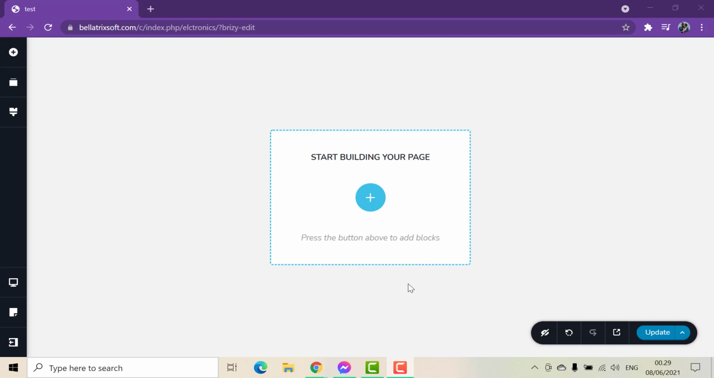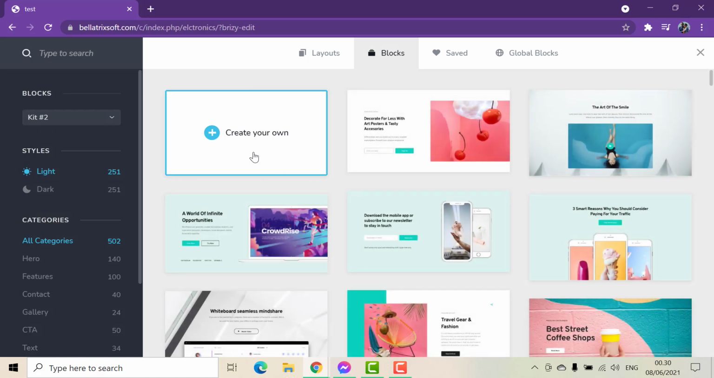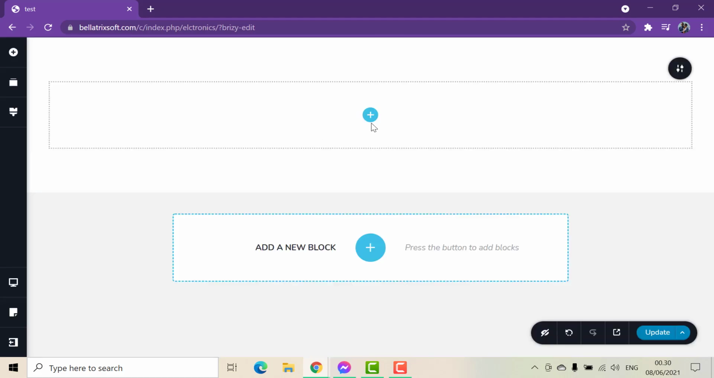Hello everyone, in this video I am going to show you how you can make a top navigation bar or bottom navigation bar depending on your choice, but it's going to be very much professional. So here, as always, start building your page, press here, create your own, go here, and now when you press